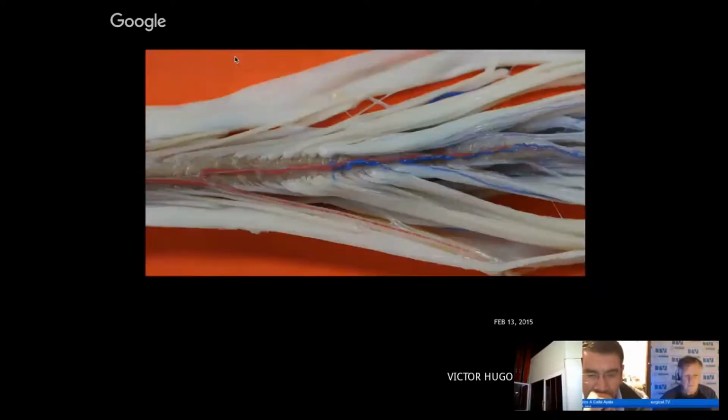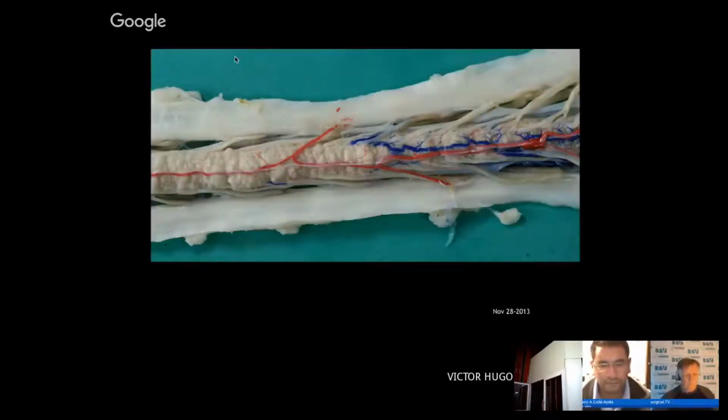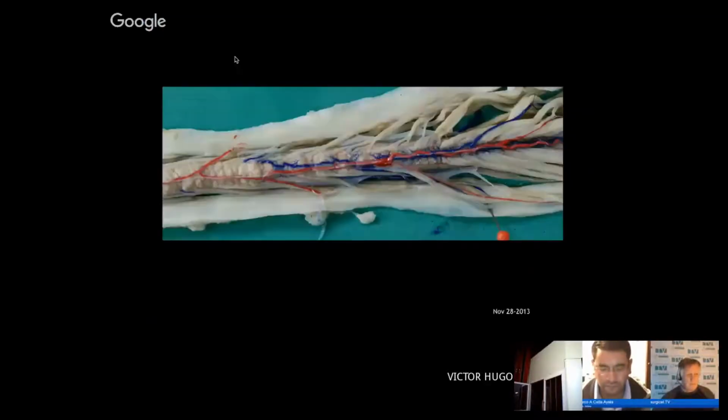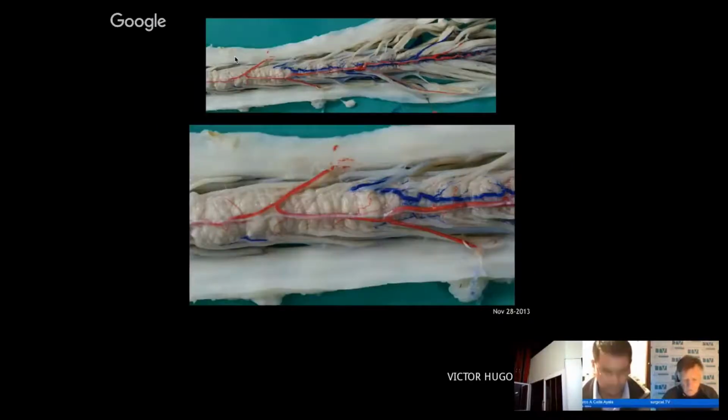Okay. This is an Adamkiewicz accessory artery. This is arising from lumbar nerves. And the Adamkiewicz artery, giving rise to a small thoracic artery and the Adamkiewicz artery. Okay, this is